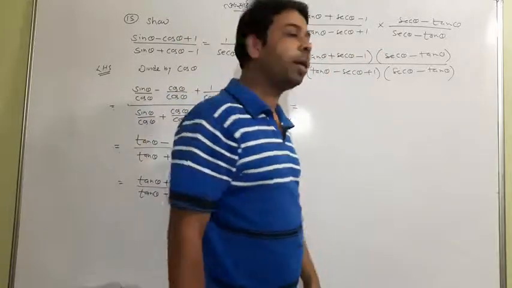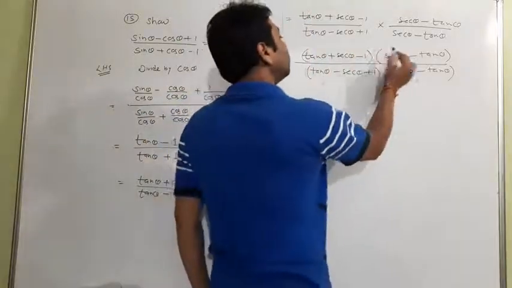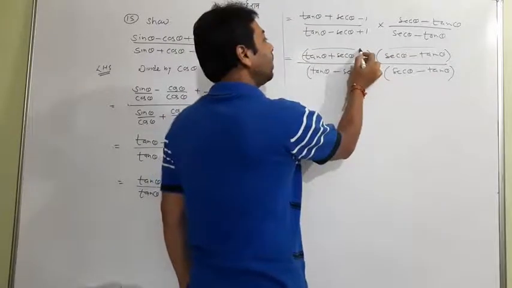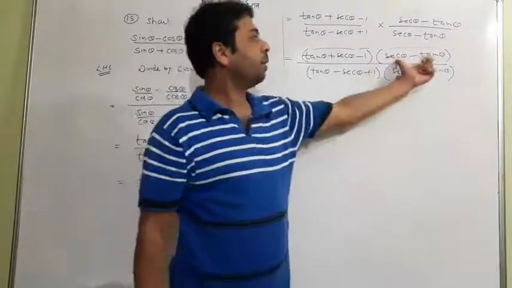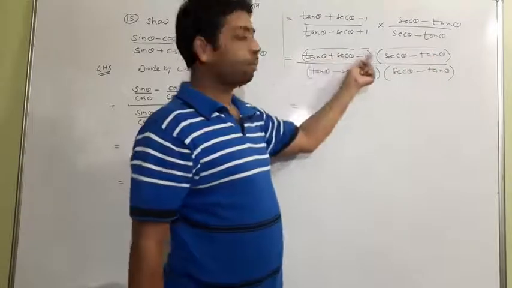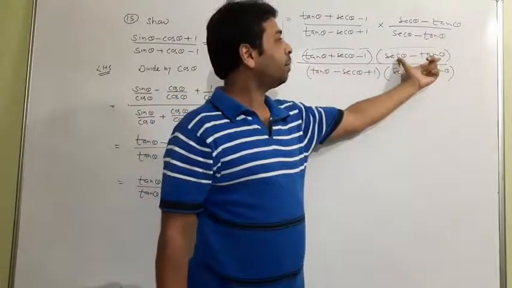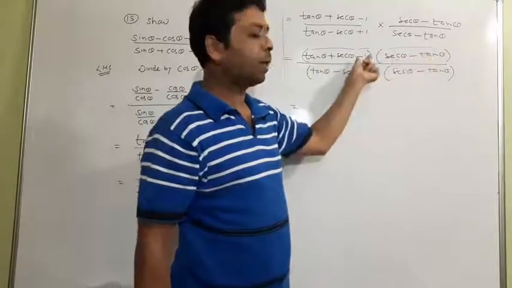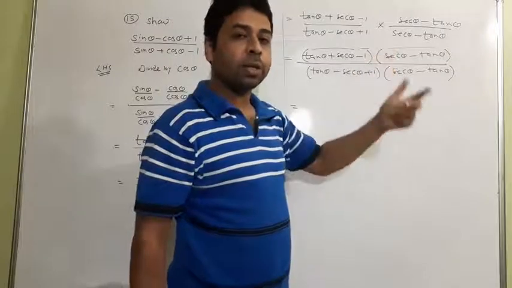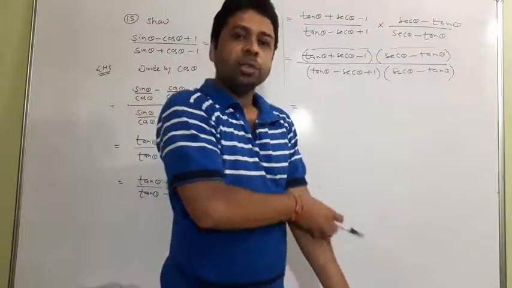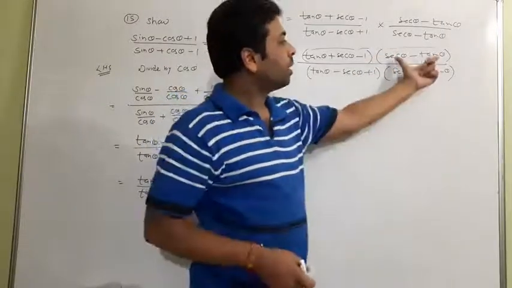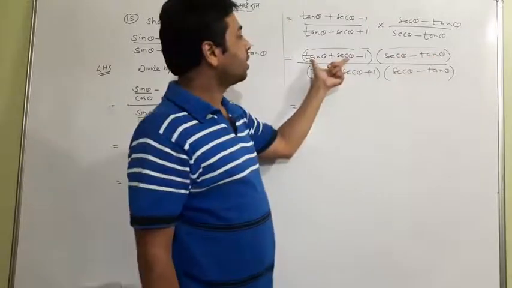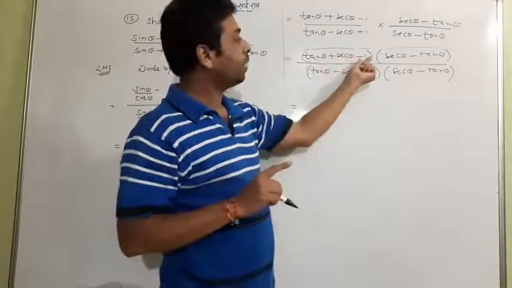So how do I multiply? Look at it. I consider this a 1 term and here it is a 2 term. Can you see the lines? This is my 1 term. Here we have a 2 term. So I'll multiply sec theta minus tan theta with this first and then sec theta minus tan theta with 1. Just try to understand what I'm telling you. It seems tough, but it is not so. See my finger, consider this is a first term and this is a second term.